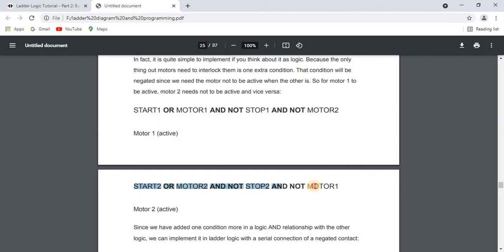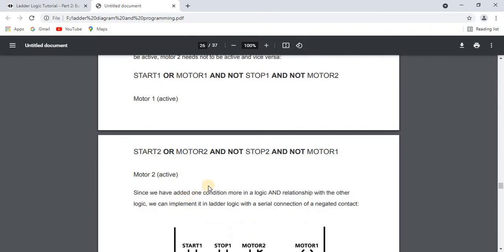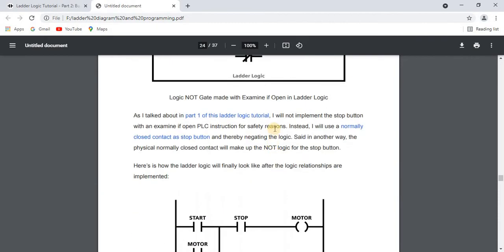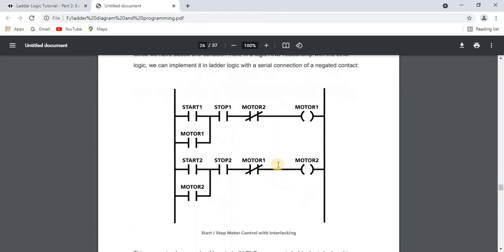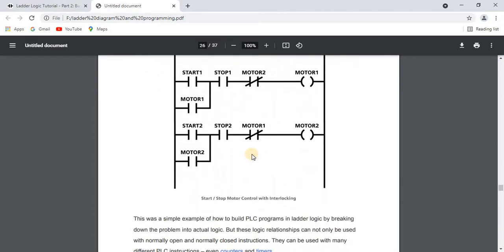Again for the other set it is the same. Since we have added one more condition in a logic AND relationship with the other logic, we can implement it in ladder logic with a serial connection of a negated contact. So you can see the conditions here.